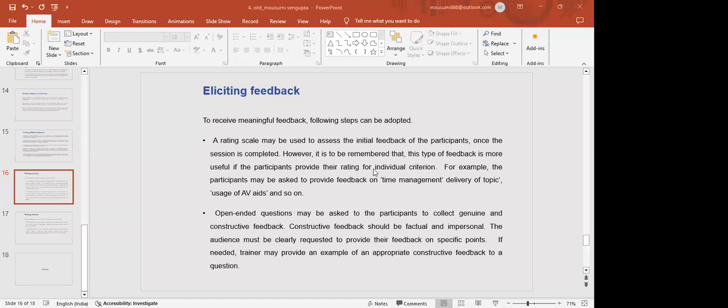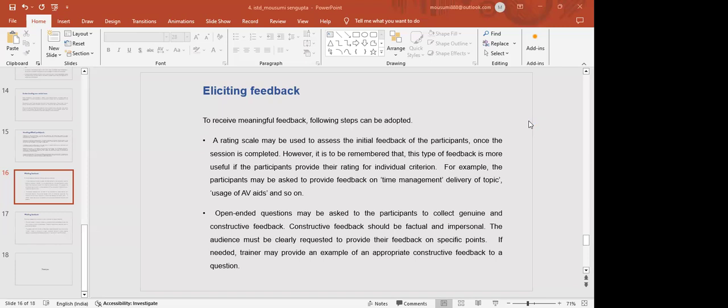And when we do that, a very important part, the last point which we need to discuss, is eliciting the feedback. Feedback is a very, very crucial part of any communication. My dear friends, I think in our earlier sessions or in the other modules of this paper 6, that is communication and presentation skill, I'm sure the other faculty members must have discussed this. When we talk about the model of